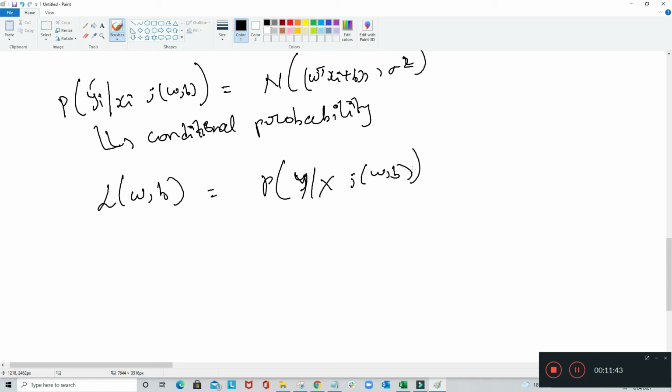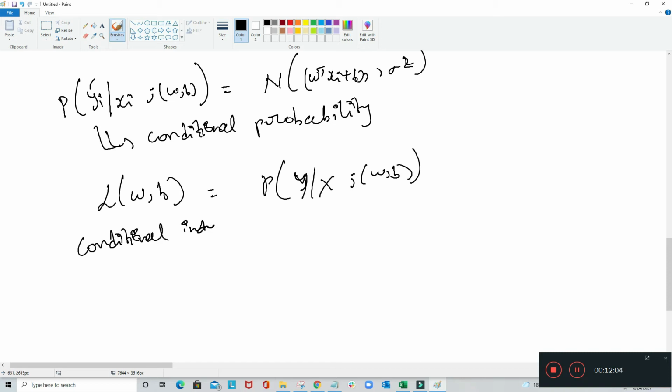And we know the errors are independent of each other, right? So having the conditional independence property over here, applying the conditional independence property,